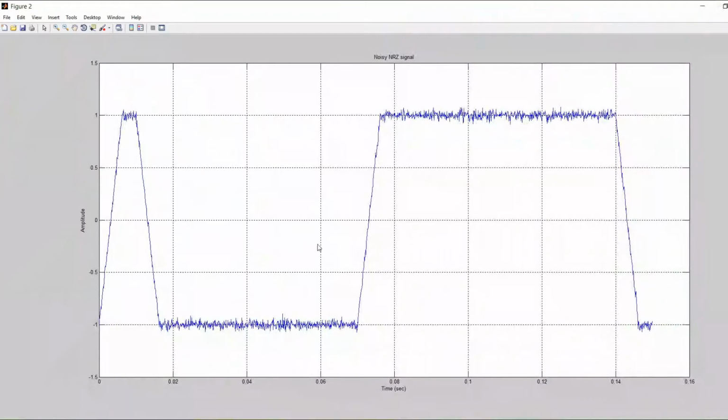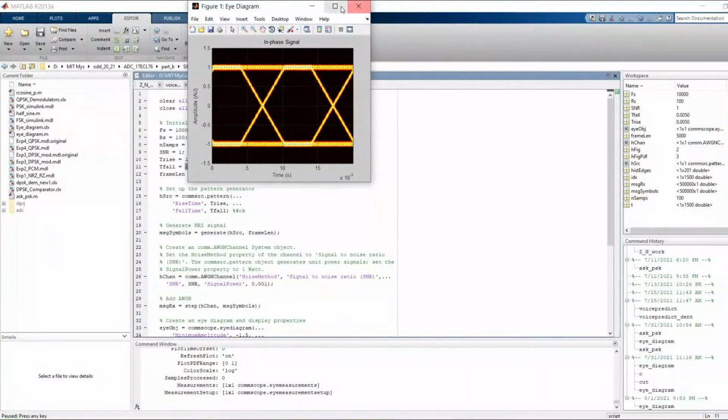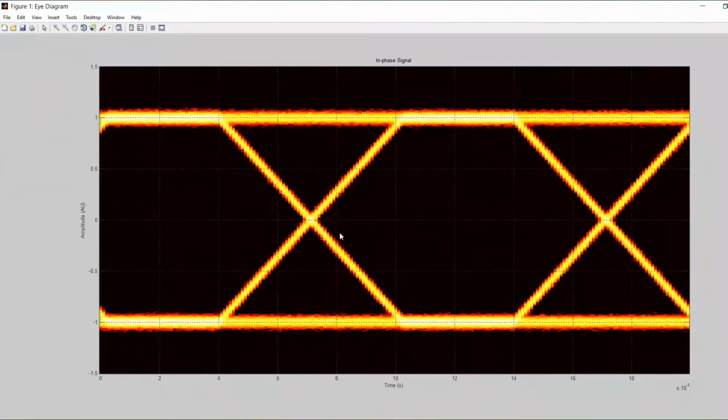So you can see now the received signal has noise as well as more rise time and fall time, correct? And because of that, the pattern has now changed to this shape. If we go on changing this, occupancy will go on increasing, that is this part. So the available space in the eye will be decreasing. It will be like the eye is closing, otherwise the eye is wide open.